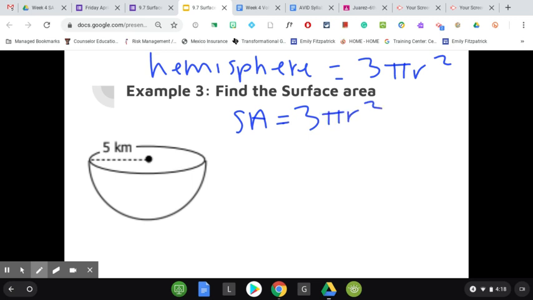Okay, make sure you have the radius and not the diameter. In this case, we do have the radius. It is 5, so 3 pi 5 squared. And I actually have to put this into my calculator because I forgot to type it in before I started recording the video. So let me type it in real quick. 3 times pi times 5 squared. And I get